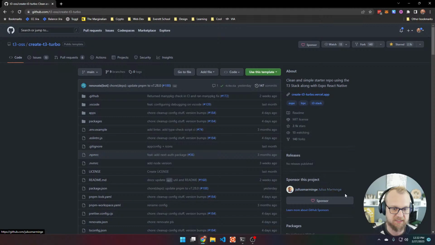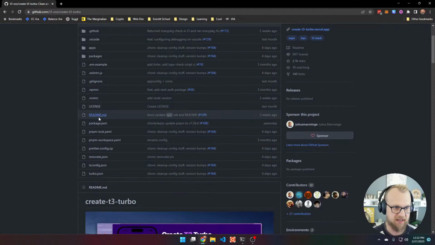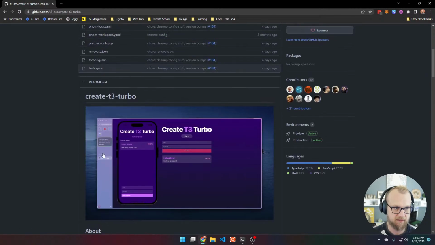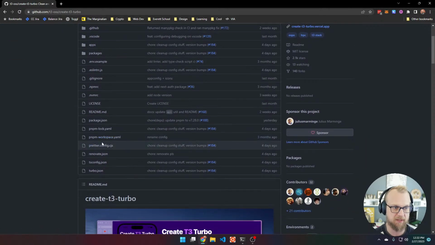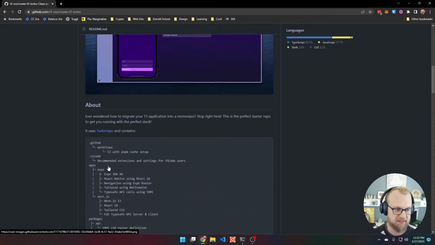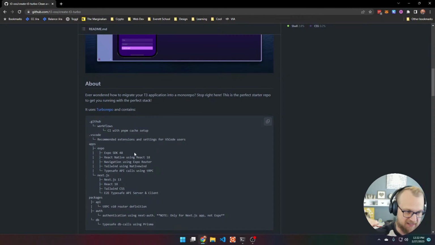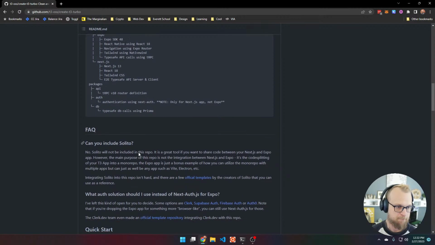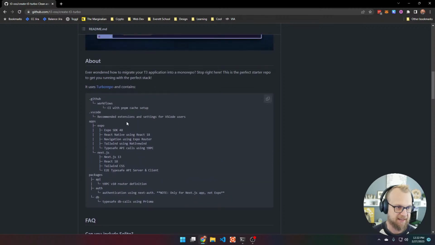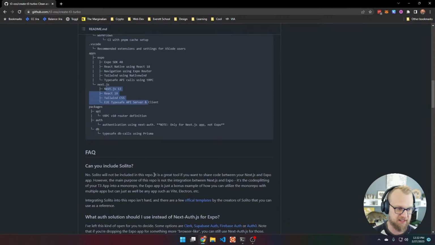Julius here set up this turbo repo that contains the create T3 stack. So TypeScript, Next.js, React, TypeScript, and then he actually packaged it with Expo, so you can run a mobile app and your front end app out of the same monorepo, which is great. But I took this and repurposed it